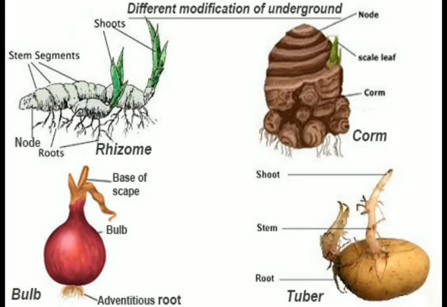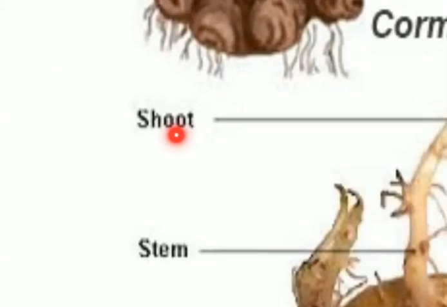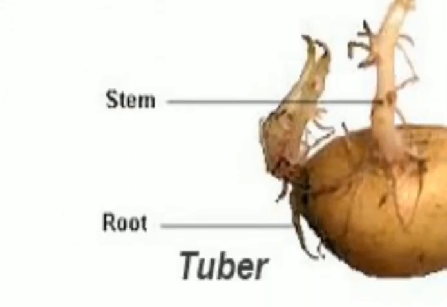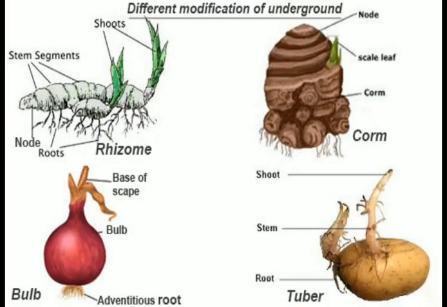Potato, as you all have seen the potato, and you have seen these notches on the surface of the potato, and these notches are called the eyes of the potato. Any area taken from the potato which bears this eye has the capability of developing into a new potato plant, and these points represent the nodes, and the rest of the potato represents the internode.